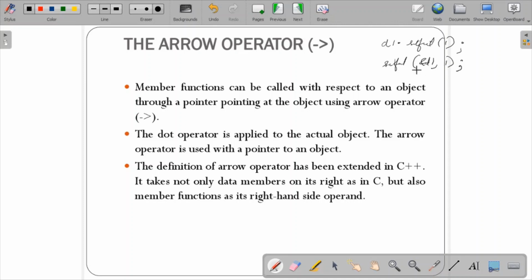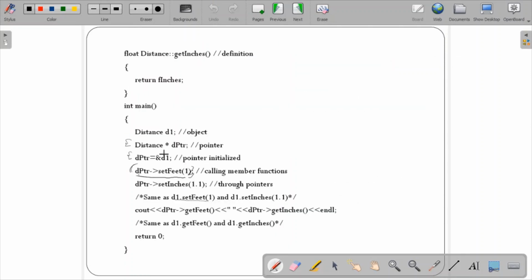That is nothing but the address of the object, in addition to whatever the parameter is. So the dot operator is applied to the actual object. See here, d1 is actually the actual object. The arrow operator is used with a pointer to an object. That is the difference. The dot operator is applied to the d1 object itself, whereas the arrow operator is used with the pointer to an object. If you see over here, it is a pointer to an object.